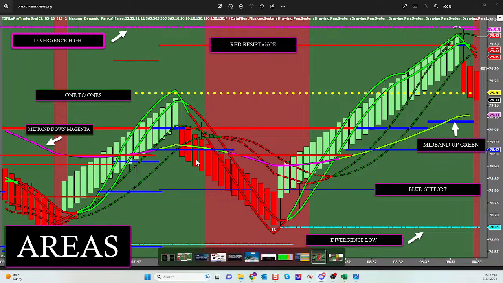Guys, the areas that may reverse the market are a divergence high. This magenta line prints when a pivot loses momentum. If the market goes up and then down and your indicator in the background, doing all those calculations, determines that there is a loss of momentum in the market, this magenta line will print. A divergence low means that there was a loss of momentum from a low pivot when the market went down and then up. In this divergence low, the cyan line will print.